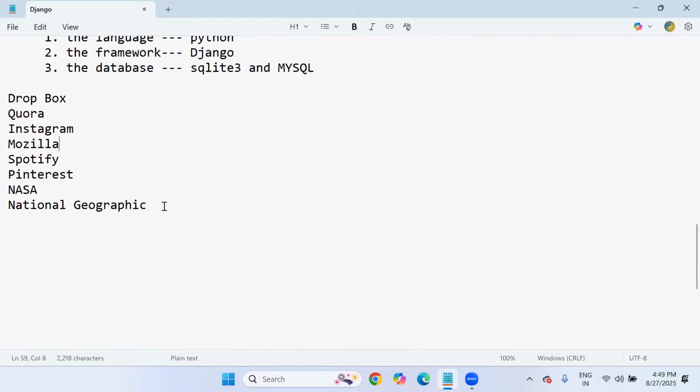And in tomorrow's session, I'll show you the complete setup of Django: how to download the Django software, how to install it, and how to set it up, which is really important. If you miss the setup, then it is hard to make the setup. Please try to attend tomorrow's session without fail, because you will come to know, if you are dealing with Django for the first time, what steps need to be followed, what prerequisite software is required, and which editor is required. Everything will be discussed in detail. All the system requirements and software requirements will be discussed in tomorrow's session. I'll completely show the setup of Django tomorrow.